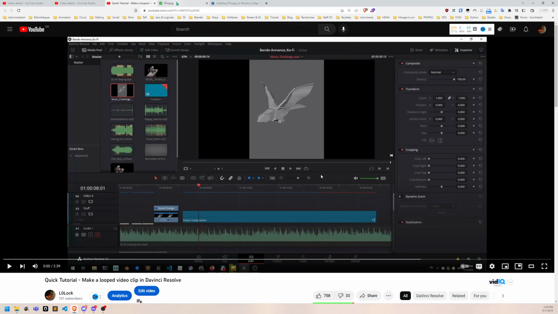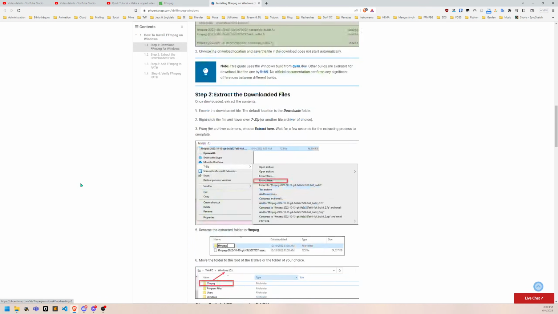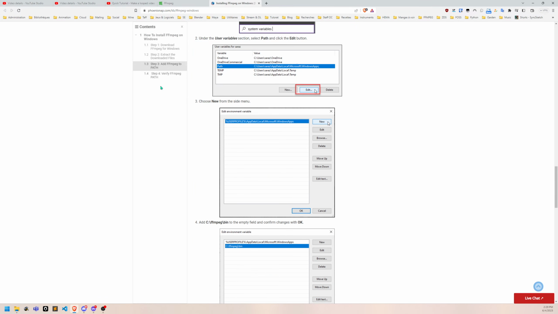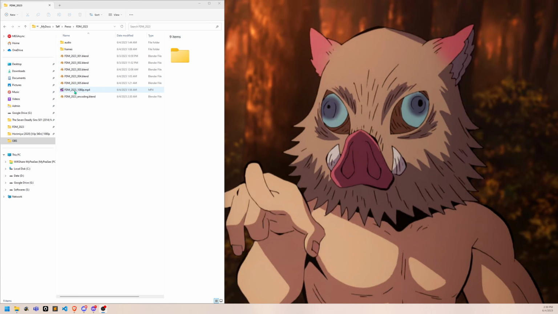So what you're going to do is you will install FFmpeg if you haven't already. It's a very powerful command line based tool for video processing. So I will drop the link in the description to download. I will also drop you an optional way of installing and registering it to your user variables, so that when you need to use FFmpeg, you only need to type FFmpeg instead of the entire path to the FFmpeg file. It's totally unnecessary if you don't want to, but it's definitely a life changer if you use FFmpeg often.